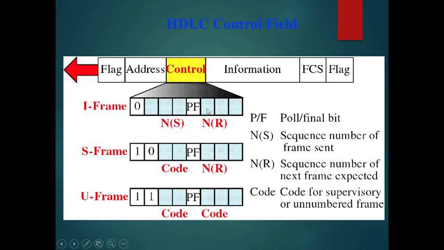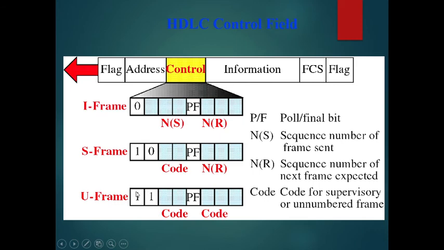So this is the control frame of an I frame, and this is a control frame for an S frame. That is, it starts with 1 and 0, and the next 2 bits. Again we will have some code, which I will explain, and then the third is for poll or final, and another 3 is again for N(R), or the acknowledgement.